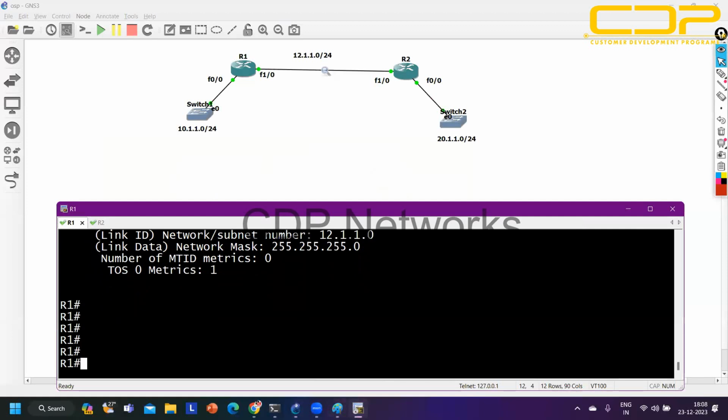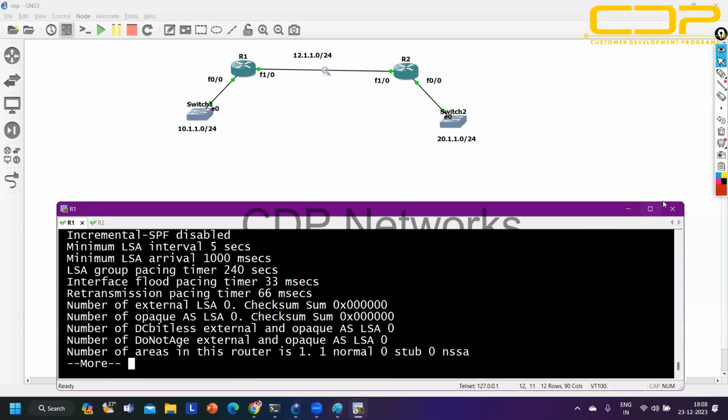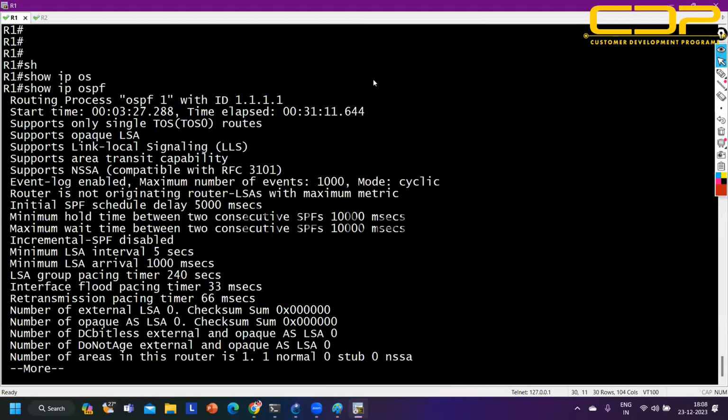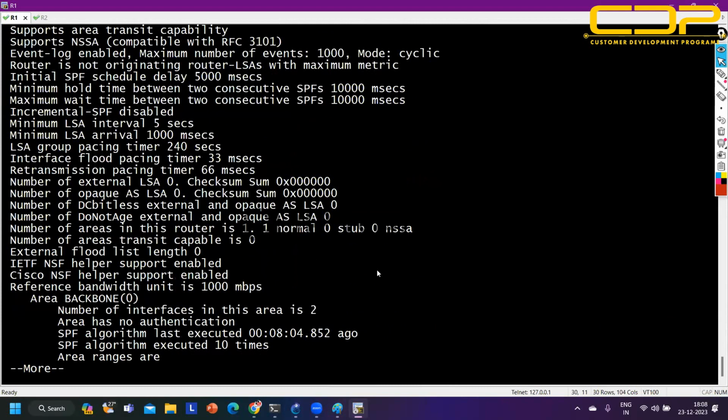Now what next in OSPF? So show IP OSPF, this router has executed its SPF algorithm how many times? 10 times. OSPF uses the SPF algorithm for best path selection. SPF stands for shortest path first. So whenever a change occurs in LSA1, the router is going to execute its